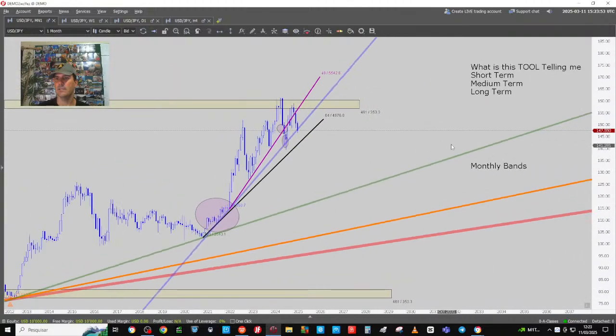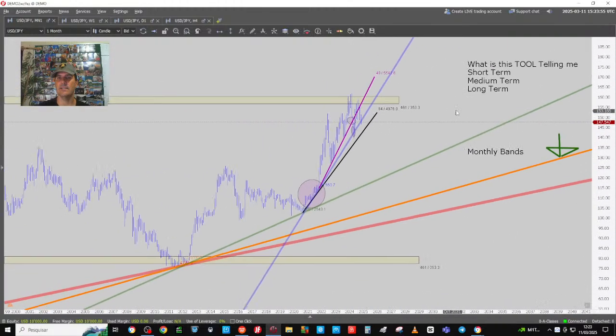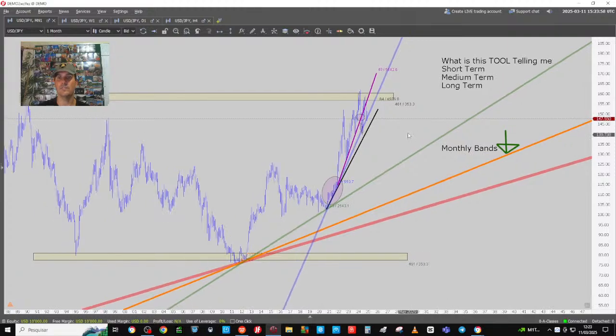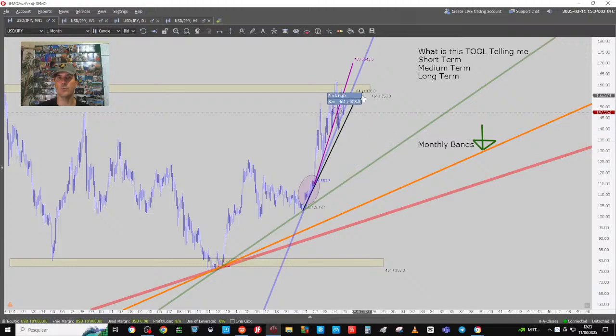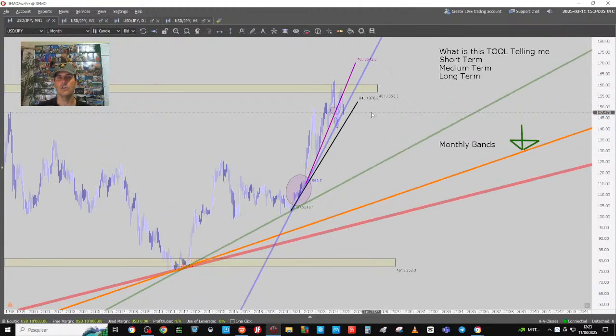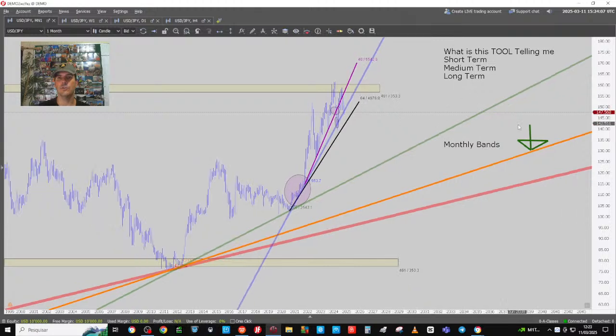Okay. So as a good analyst, you are going to tell your trader this is the process. You are going to tell your trader, we are at the monthly band, short term, because we are now talking about trend lines. Short term on the monthly, not short term like the green one, but the aggressive trend lines, the market is short. But the long term trend line, the medium term trend line, and the short term trend line, we are still up. Does this make sense?